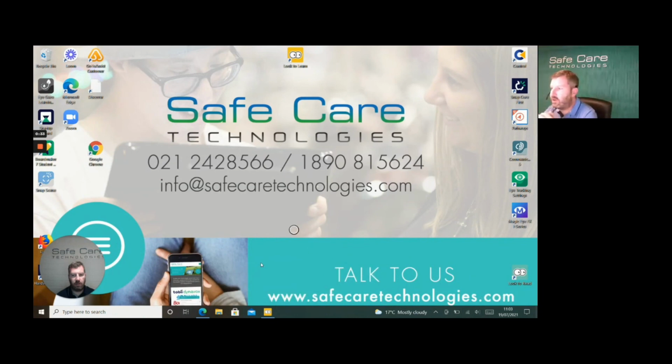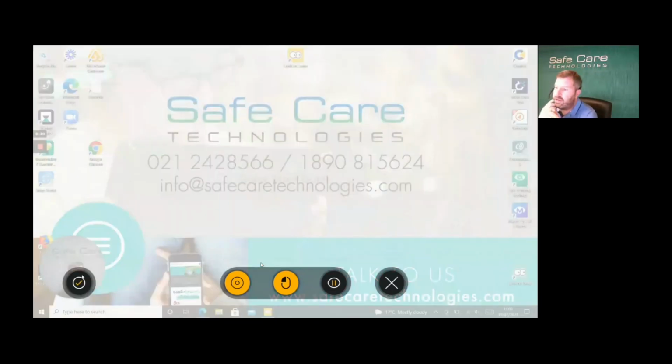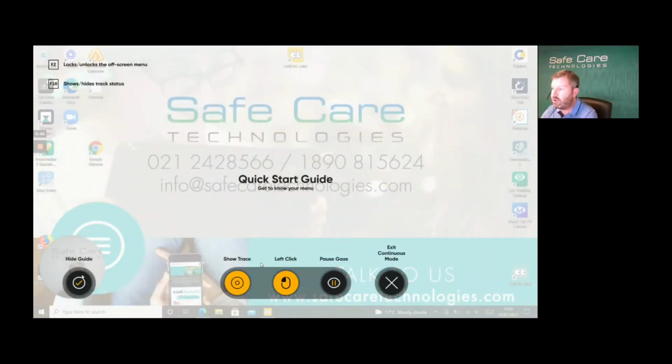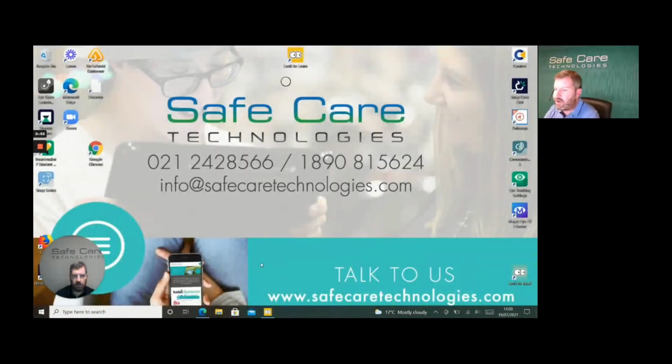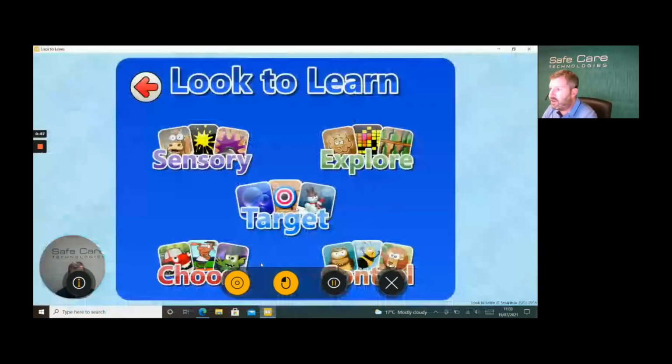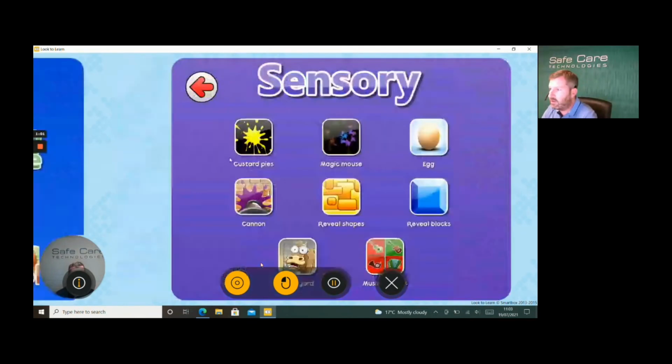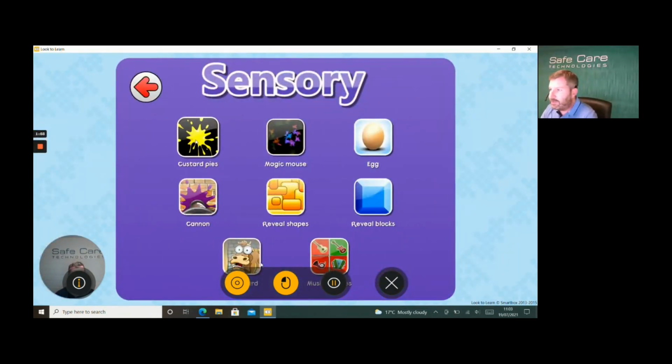It's moving it around. I'll open Look to Learn. I'll say, for example, here we can see what's on this. I can either show the trace or not. If I'm a therapist working with someone, I mightn't want to show the trace because sometimes that's distracting, and we just want blank interaction where they don't get distracted by the circle moving around the screen. So when I open Look to Learn, I'm going to leave the trace on in this instance. I'll open up one of the activities,